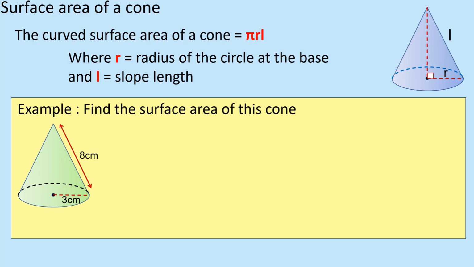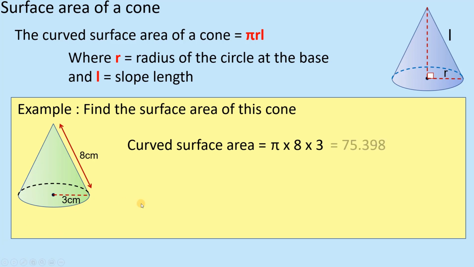It doesn't say find the surface area of the curved part of the cone, it says the surface area of the cone. So the curved surface area part of it is pi times 8 times 3. The radius is there, and obviously you've got the slope length, which is going to give you 24 pi, which is 75.4. But of course, if we're after the whole lot, then I need to look at the surface